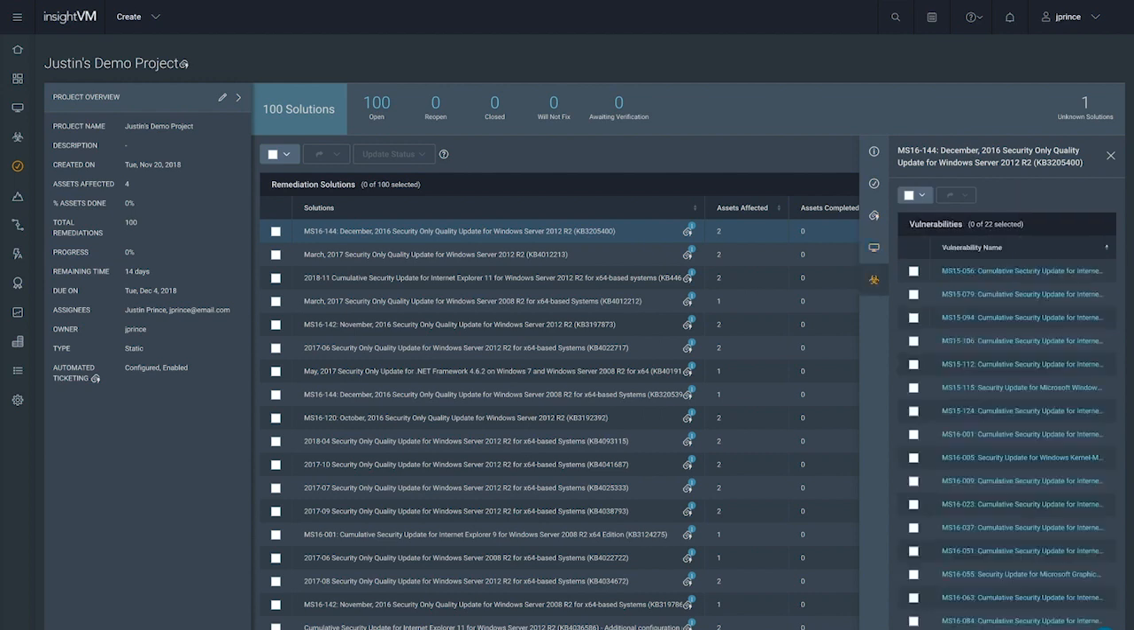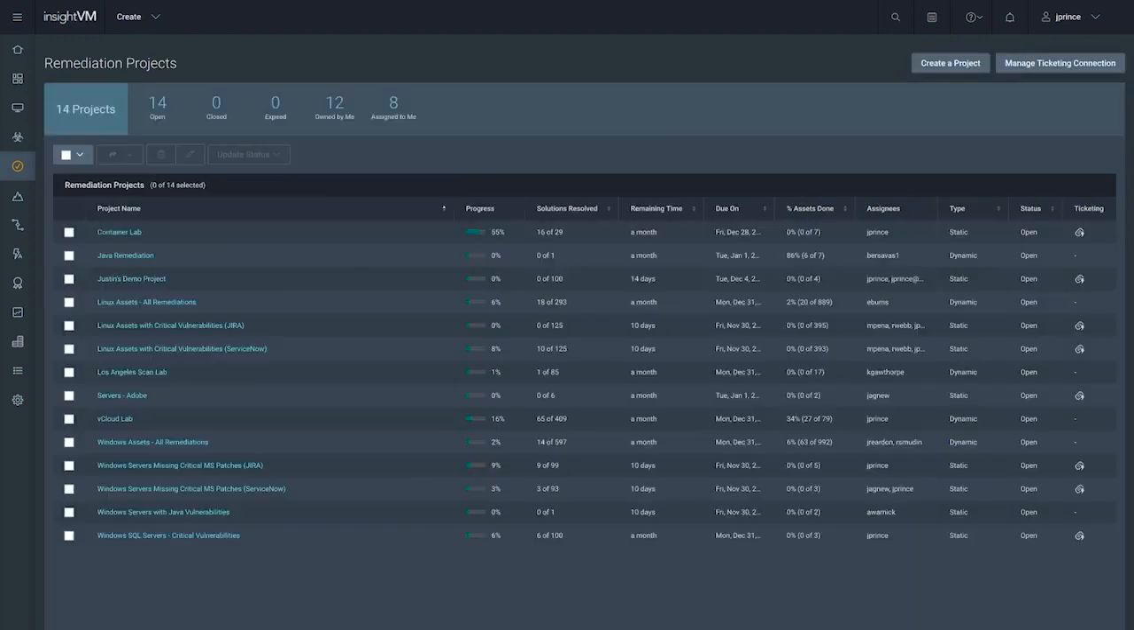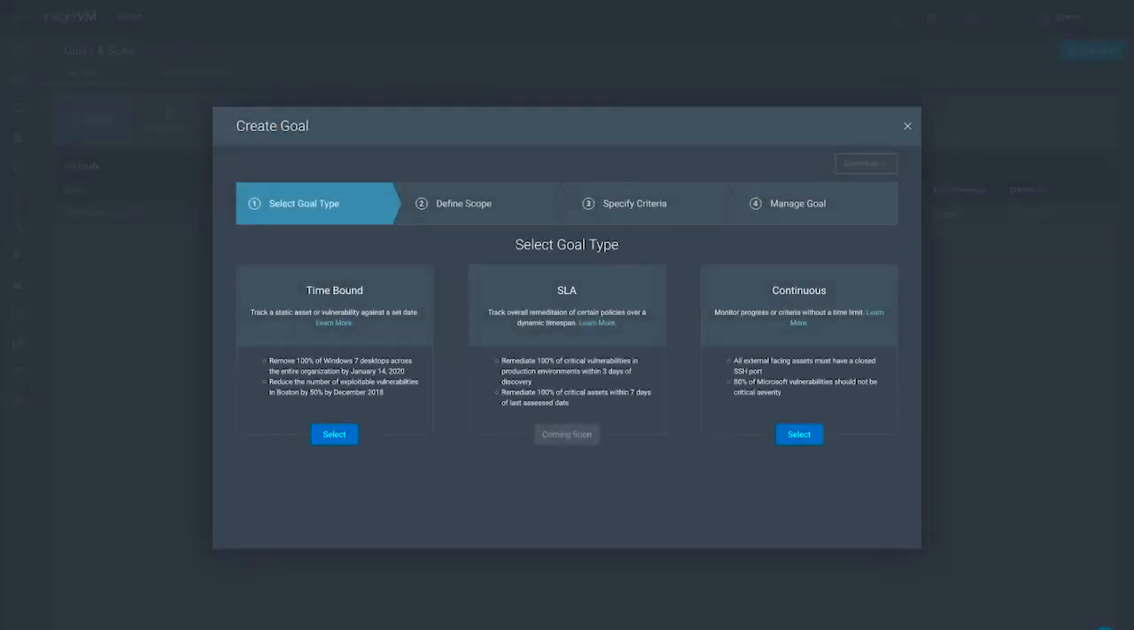So remediation projects help us navigate our processes, but how do we track the effectiveness of our program? This can become challenging when the completion of remediation tasks spans multiple teams and projects. Enter goals and SLAs. We can create different types of goals, including those based on service level agreements, to ensure that we're making measurable progress at an appropriate pace and maintaining compliance. When creating a new goal, we can choose between 3 goal types depending on what we want to track against: